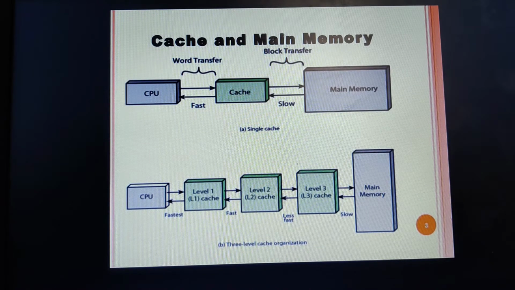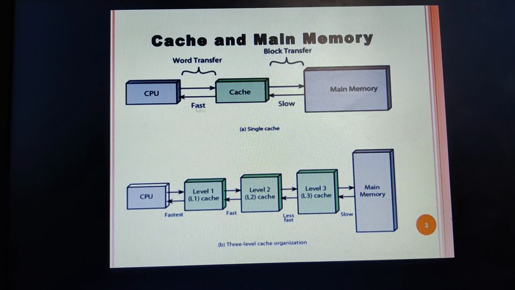Okay, so no matter whether it is L1, L2 or L3, it usually stores the most recent executable instructions and the next instructions to be executed, and it will contain the most probable instructions which are required by the CPU for the processing purpose.